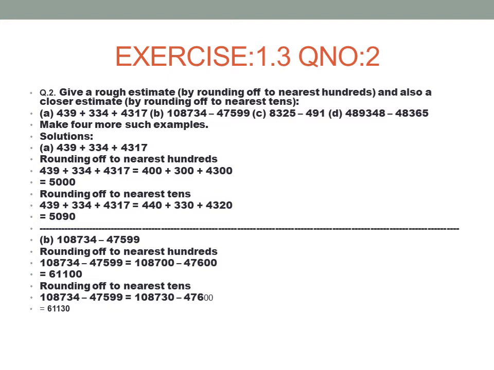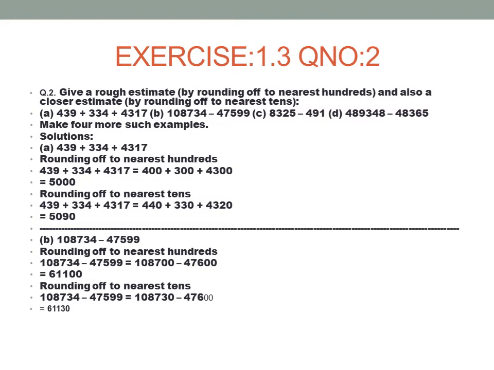Rounding off to the nearest tens. When we are rounding off to the nearest tens, the first number, that is 1 lakh 8,734, will become 1 lakh 8,730 minus 47,600. If you do the subtraction, you will get the answer as